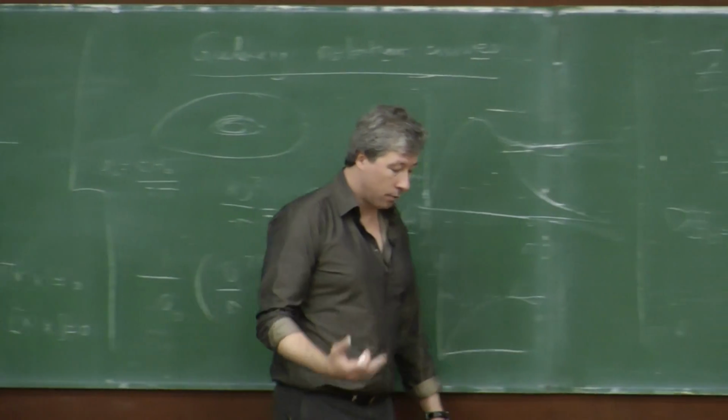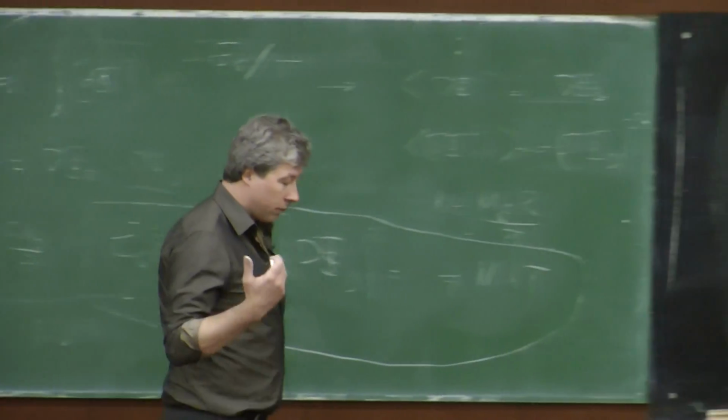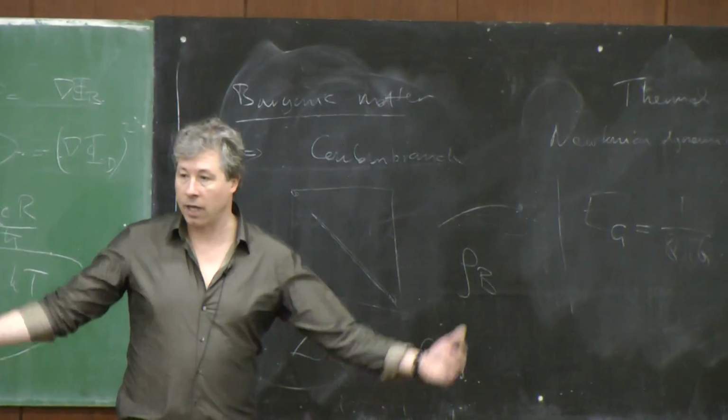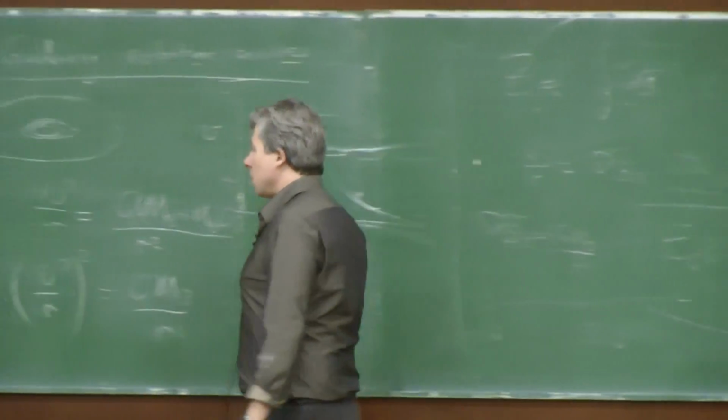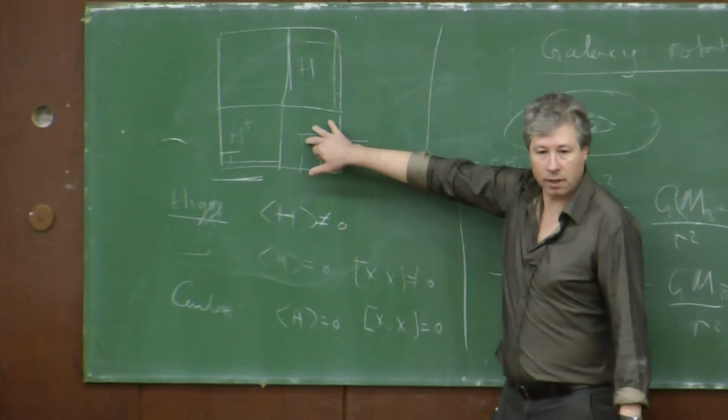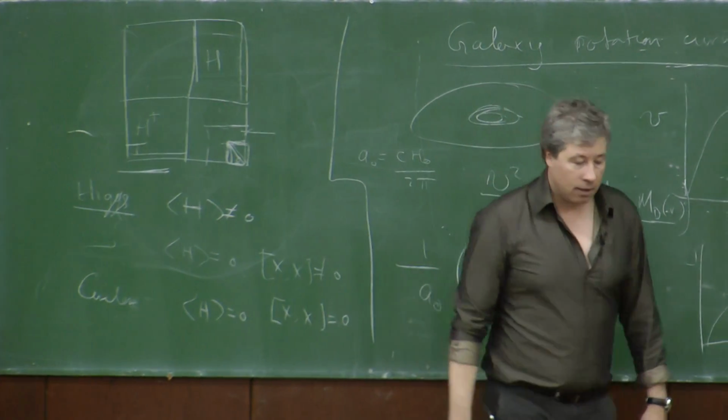So I think dark matter is the remnant of the fact that the ordinary matter had to exit the Higgs branch into the Coulomb branch. And we have some stuff that's in between, and the amount of it we can calculate. And then we know how it behaves if we know how it...